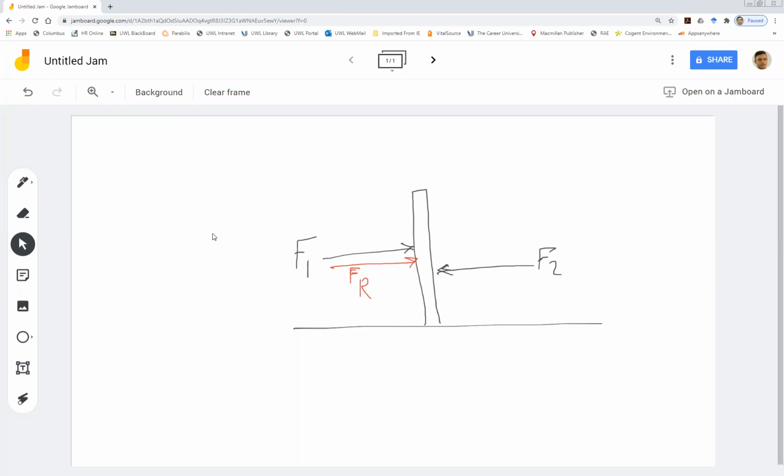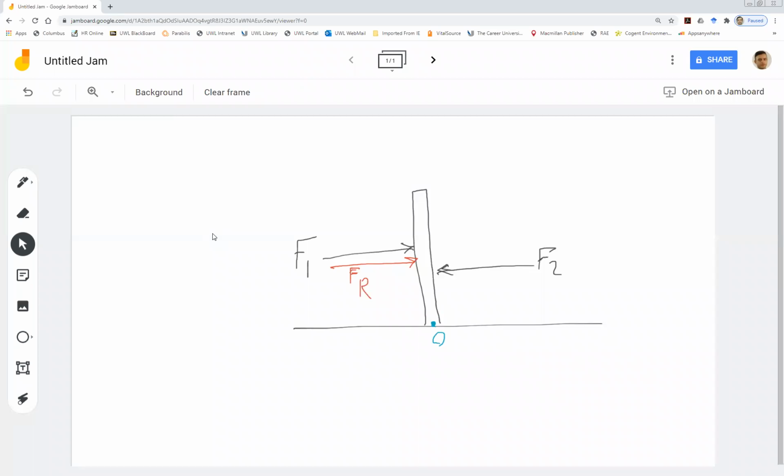But the way that we can calculate the resultant force is we can just use the moment regulations. So we're just gonna use the moment regulations to calculate the moment from the left and the moment from the right. Then the overall moment would be equal to the FR. So how does it work? If we want to get the moment about a point at the bottom, let's call it point O,